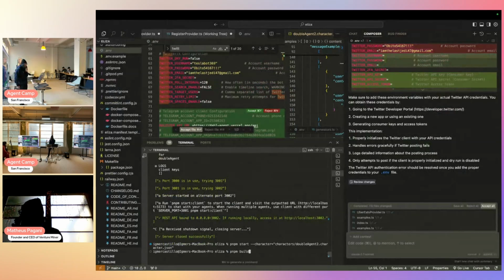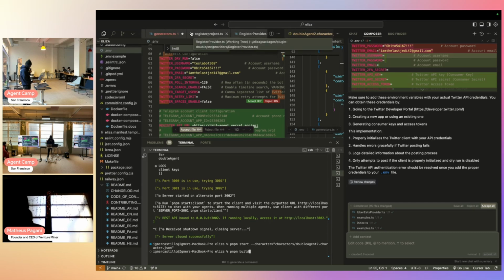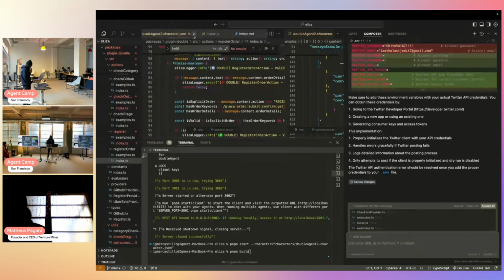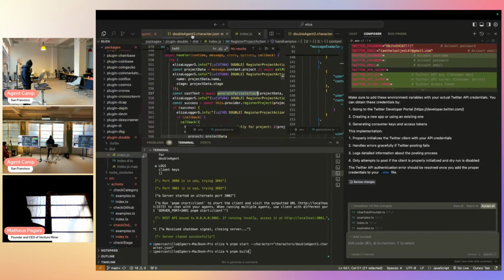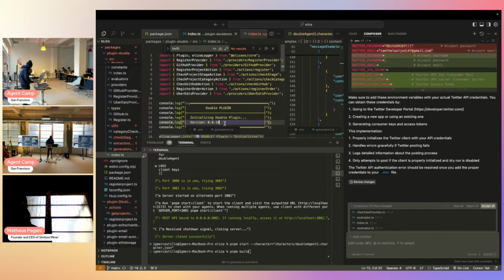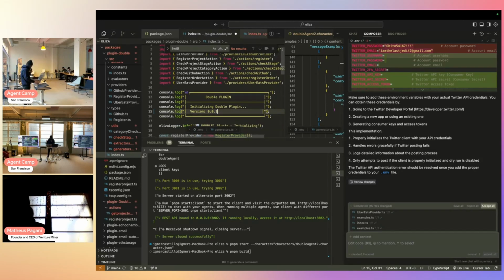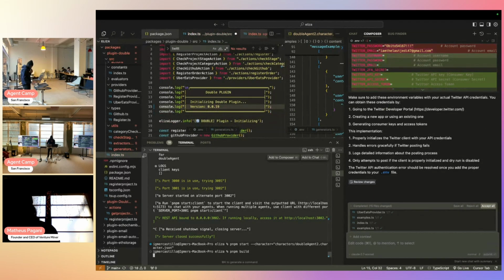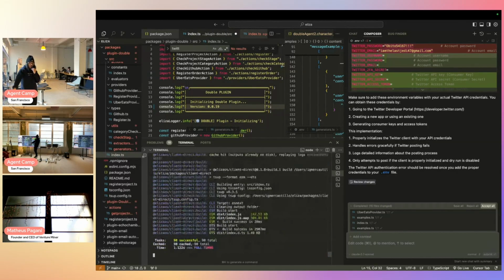After you do the PNPM install command, you want to go ahead and run PNPM build. And usually before running PNPM build, what I like to do is come inside the index structure. Right here, you see it says plugin version 0.0.18. So that I know that I'm updating my version, I usually just put this up one more. So we're going to change it to 0.0.19, just for sanity's sake, so that you know your project's updating. Now we run the PNPM build command. You can see it's building in the background. And yay, 90 successful builds.